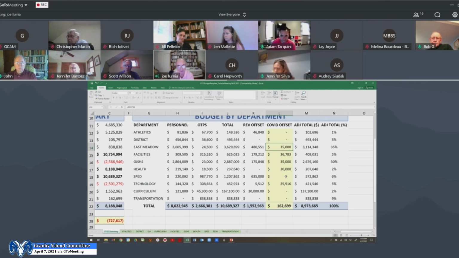Okay, Joe Farnia, Finance Committee. Going back to choice, how many students are we allocating this year? How much do we get per pupil? Given that COVID is around, are we trying to maximize the number of seats or leave a little playroom, because we have to maintain at least that 3-foot distance?